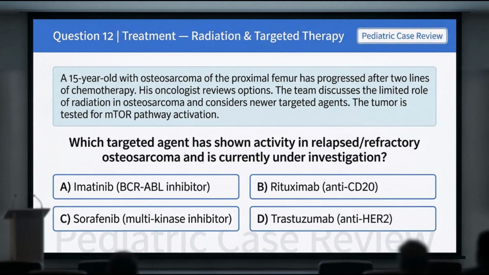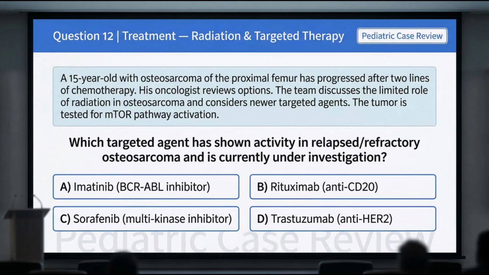Question 12. Treatment, radiation, and targeted therapy. A 15-year-old with osteosarcoma of the proximal femur has progressed after 2 lines of chemotherapy. His oncologist reviews options. The team discusses the limited role of radiation in osteosarcoma and considers newer targeted agents. The tumor is tested for mTOR pathway activation. Which targeted agent has shown activity in relapsed or refractory osteosarcoma and